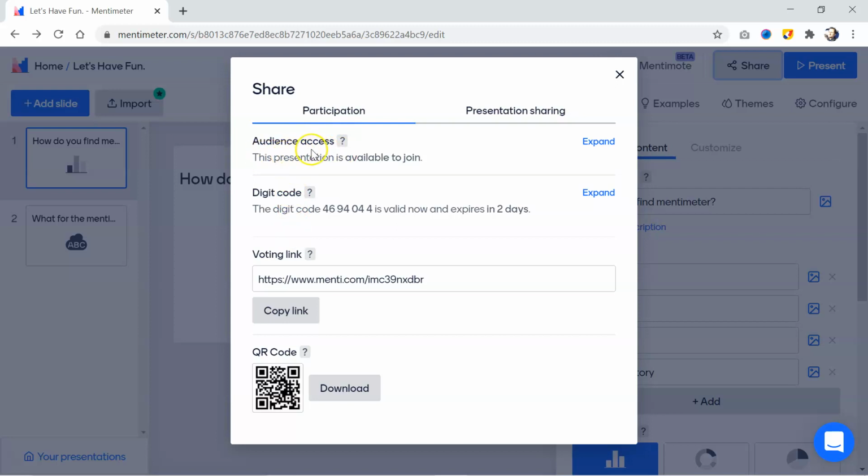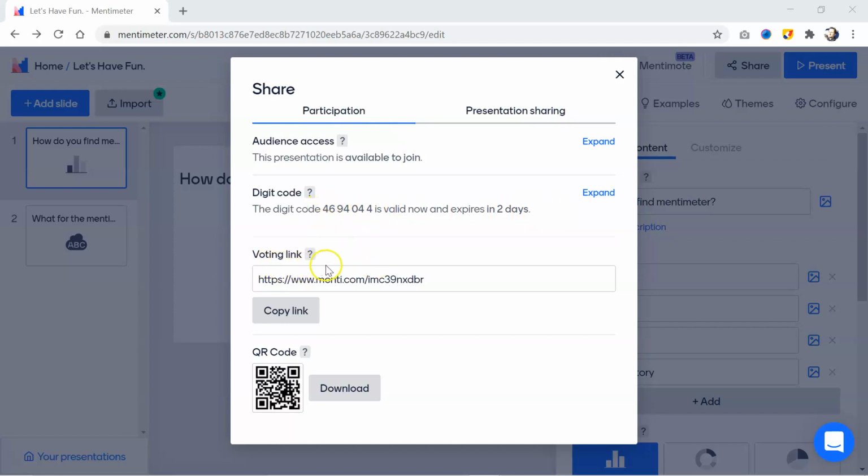You may allow your audience to join if they are available with you at the time, and another option is to provide the digital code that is also given on the slides. Your audience can access your presentation and your questionnaires through this code to be placed on www.menti.com. So the validity of this code is for 2 days. After this, the code will be expired and your audience cannot access your quiz.